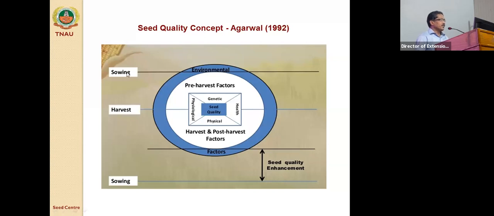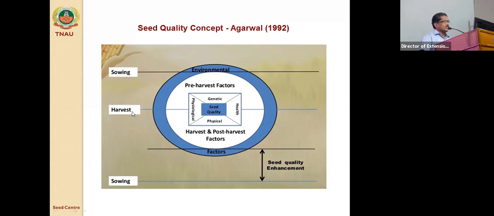However, between sowing and harvest there are factors called pre-harvest factors. The pre-harvest factors are production factors. These will be taken care of by the Department of Seed Certification if the crop is registered for the certification process. There they go for field inspection and repeated inspection, roguing, and all these things. There we can control all these. Mainly the genetic quality can be maintained at this stage only.